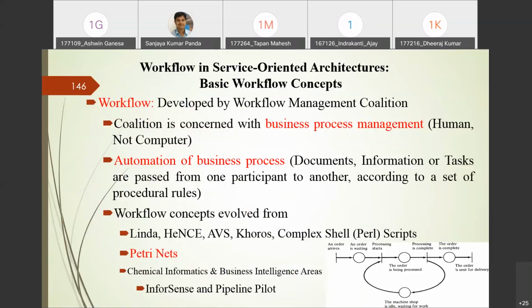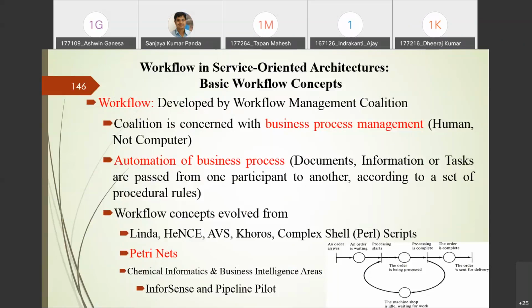And in business process management, if you go for any business process, forget about cloud computing. They have various human resources, not computer resources, right? Let us go for our vegetable market, where the vegetables are coming. This is also a business, right? From the village to the city, how the vegetables are coming. If you see, in this process the human being is involved, not the computer, right? But whenever we are going for computational resources, we need to automate this business process.